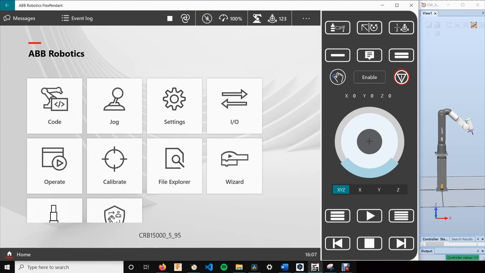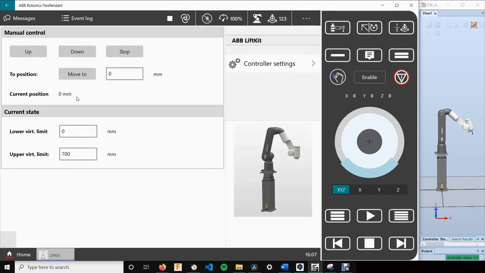This series of tutorials will teach you how to make a custom user interface for the OmniCore Flex pendant using common web technology. This tutorial shows how you can create a web application for the Flex pendant that can control a robot lift kit device. It can control a real robot mounted on a real lift kit. But for this tutorial we will be controlling a virtual lift kit in combination with a virtual robot on it,